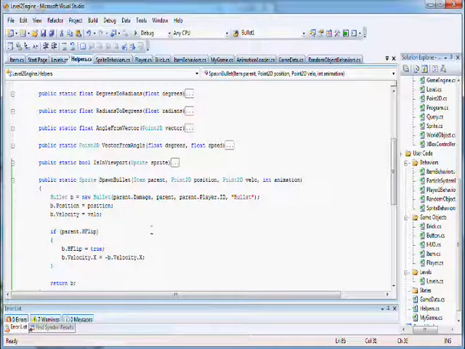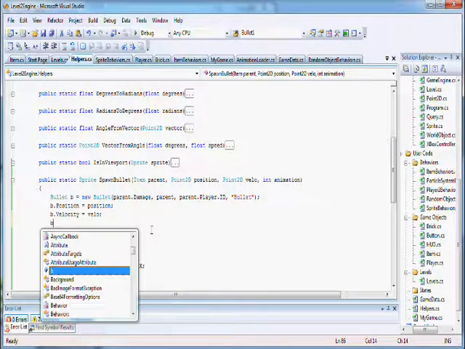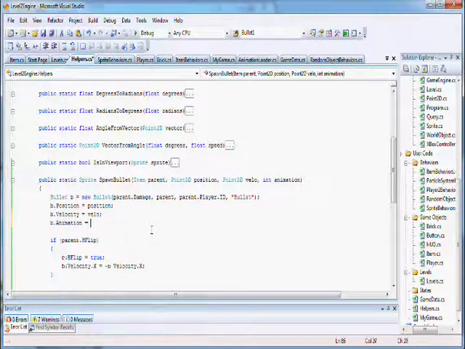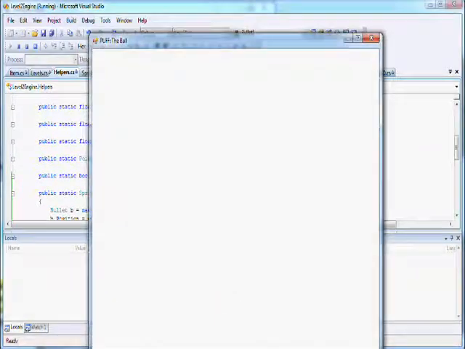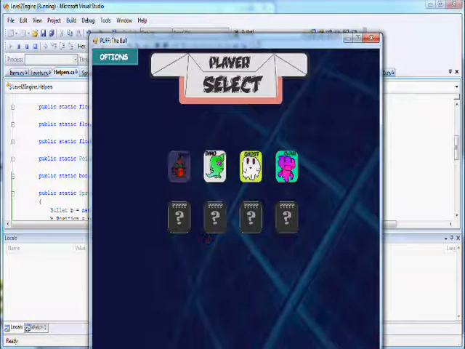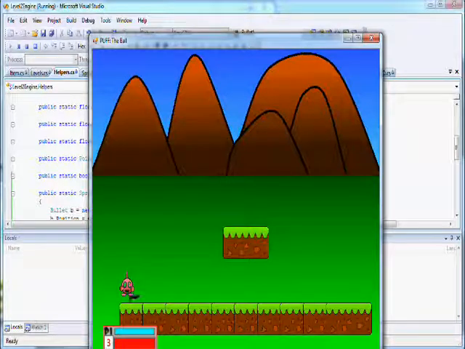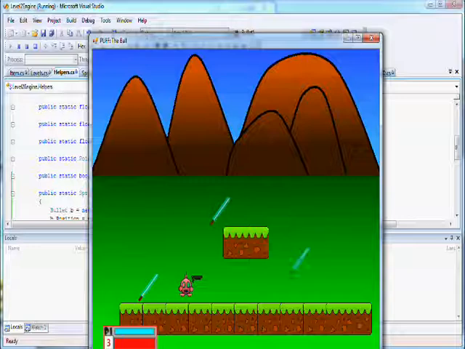Oh, I never added it. b.animation equals animation. That's the parameter that I passed in earlier. So now the bullet will be black like the shotgun bullet should be. That's a tiny shotgun. That's a little bit better. Oh, as you can see,